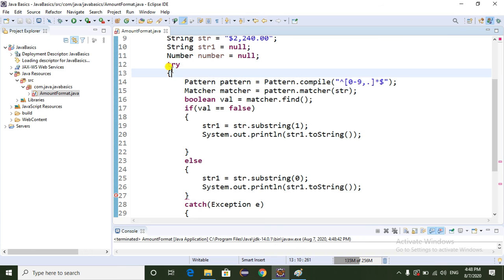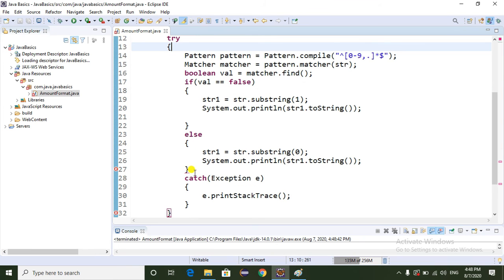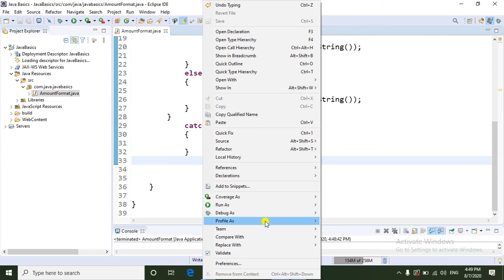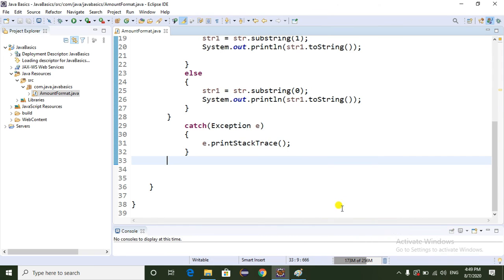Here we have to close this brace. Now I am going to run the program, run as Java application.